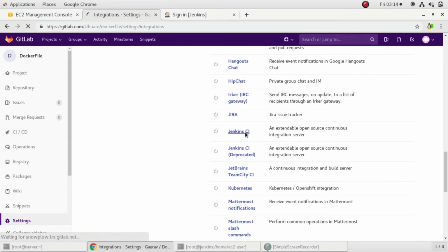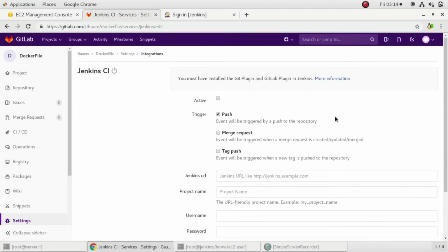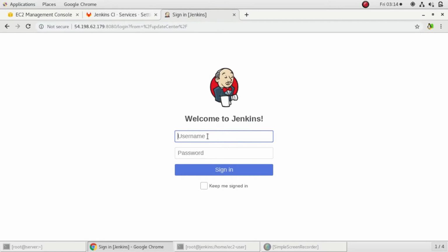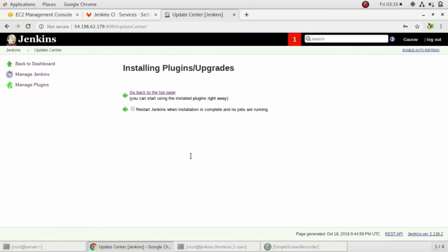Before doing this, I'll open my Jenkins server and create a project, from which the webhook will be triggered. I'll go to the dashboard and create a new job.